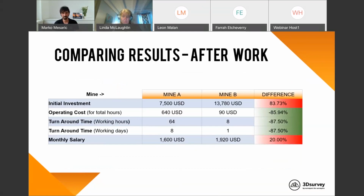If we compare the data and look at the initial investment, mine A with the one surveyor is a bit less. The operating cost, if it were per hour, is obviously much more because you have to pay that guy for 8 days, since the turnaround is 8 days versus 1 day. That's massive, because time is money, and that's where one of the massive keys lies in terms of drone surveying and photogrammetry. And if it were a monthly salary, yes, in that case mine A is winning by, let's say, 20%. But in the next slide is where